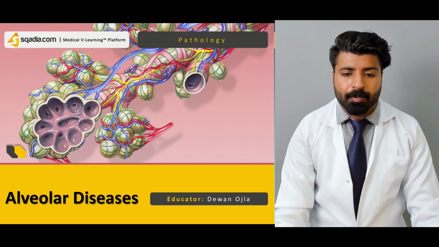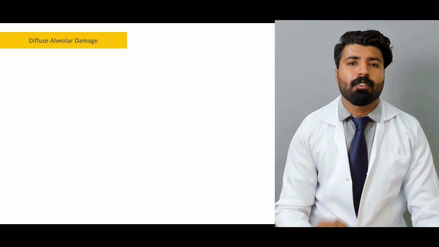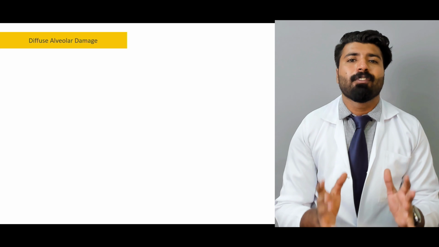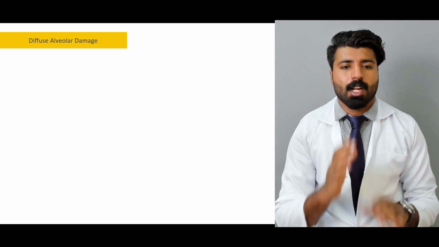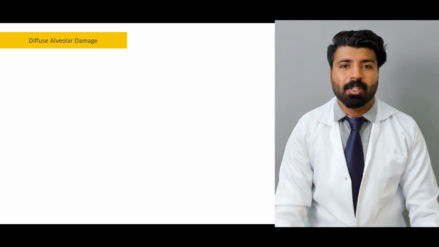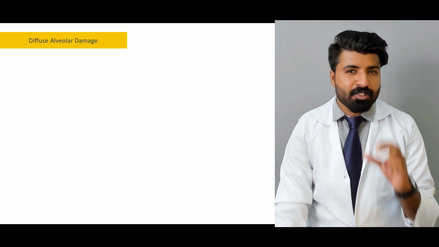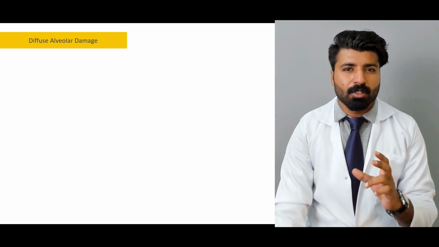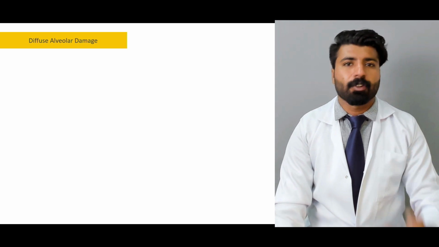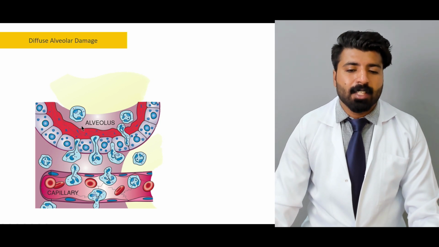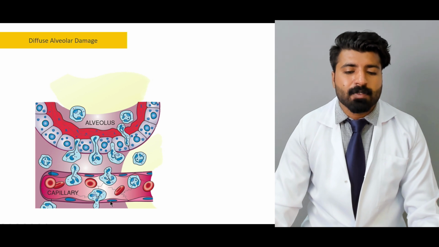Let's get started. First of all, let's talk about diffuse alveolar damage. Diffuse alveolar damage means all the alveoli are diffusely damaged. That's what this word means. So in this slide, we'll know which areas are going to get affected, which structures we might see in this pathology, and what to expect out of it. As you can see, this is an alveolus, this is a capillary, gas exchange is happening,